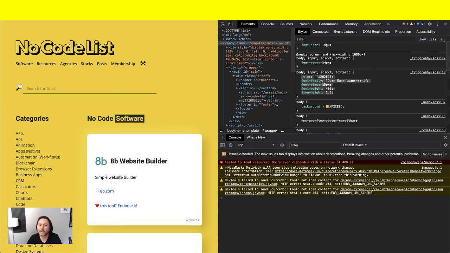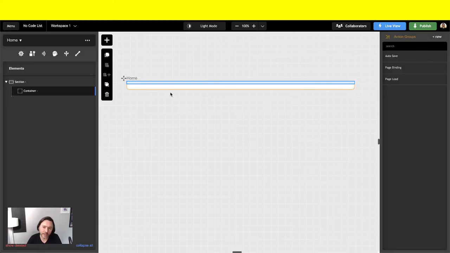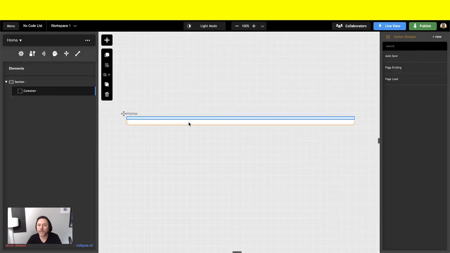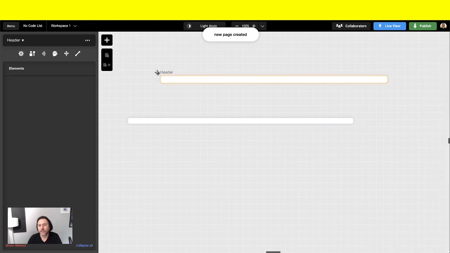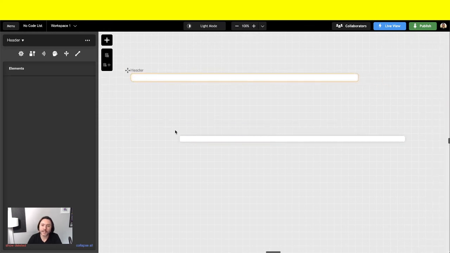But actually what I'm gonna do is create a reusable header that we can use on each page. That way, when I do the next pages, the other lists, agencies list, stacks list, resources list, I can put that same header on. If I make a change in the one page in the studio here, it updates everywhere. Very standard for code. So I just call this page header,